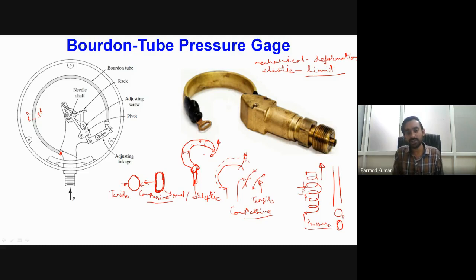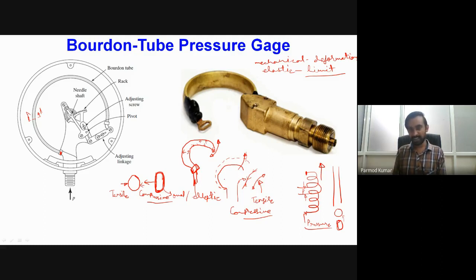Okay, and the change of cross section is having a tensile effect on the outer periphery and compressive on the inner periphery. Whereas the straightening up of the tube has the effect of compressive stresses on the outer periphery and tensile stresses on the inner periphery. Okay, so what will be happening? This type of unbalance of stresses, at a given value of pressure, will lead to the elastic deformation of the tube until a new equilibrium point is established. Okay, so that is what will be happening over here.